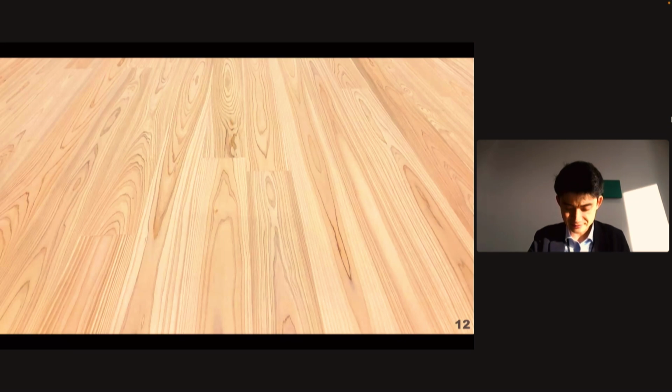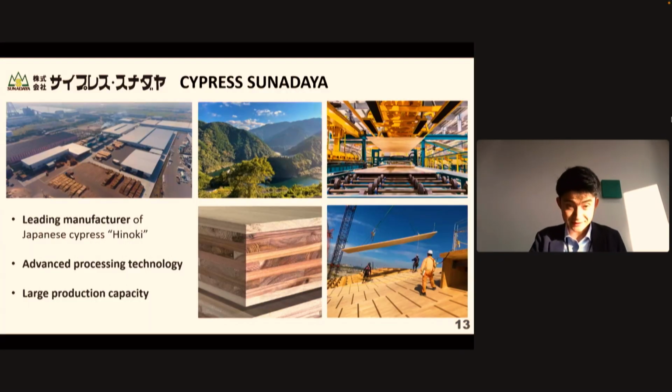And do you know what this is? It's hinoki, a Japanese cypress, valued for strength and natural durability, and widely used for temples and shrines. And interestingly, this is the surface of cross-laminated timber, CLT panels. This CLT was produced by our group company, Cypress Tsunadaya. They procure a huge amount of logs and process them with the latest facilities. And actually, their high-quality CLT was used for more than 70% of the Grand Ring roof.